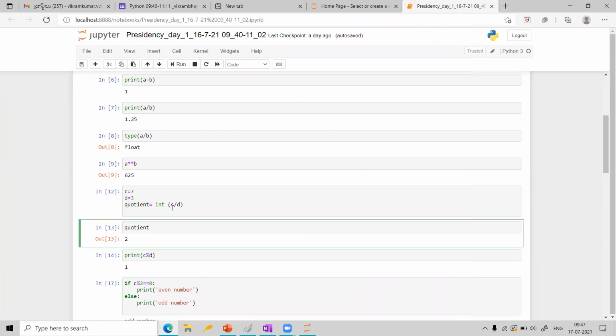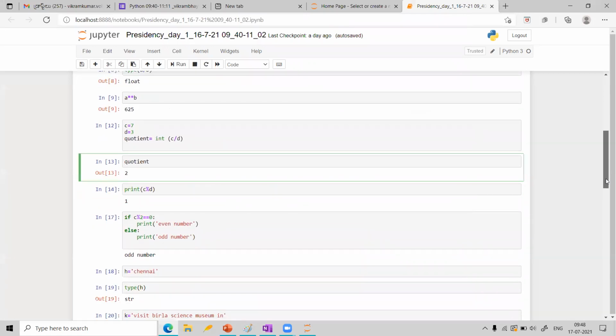So syntax, if you practice, then you will remember which command is for what. Then we have seen some small application like how do you find whether a number is even or odd. One of the simple logic we can use is, if you divide that number with 2, are you getting remainder equal to 0 or not? If the remainder is 0, then we are assigning it as even number, else we are calling it as odd number. So these are the kind of things we have seen.